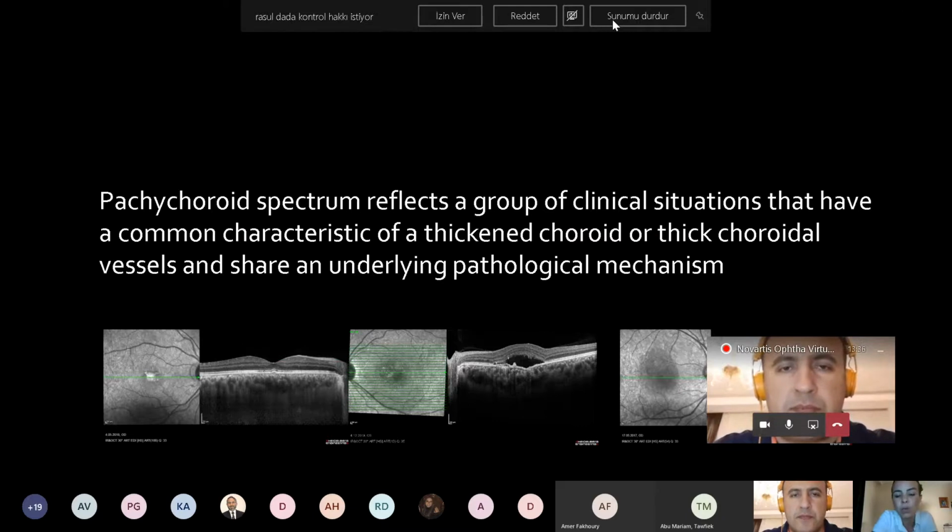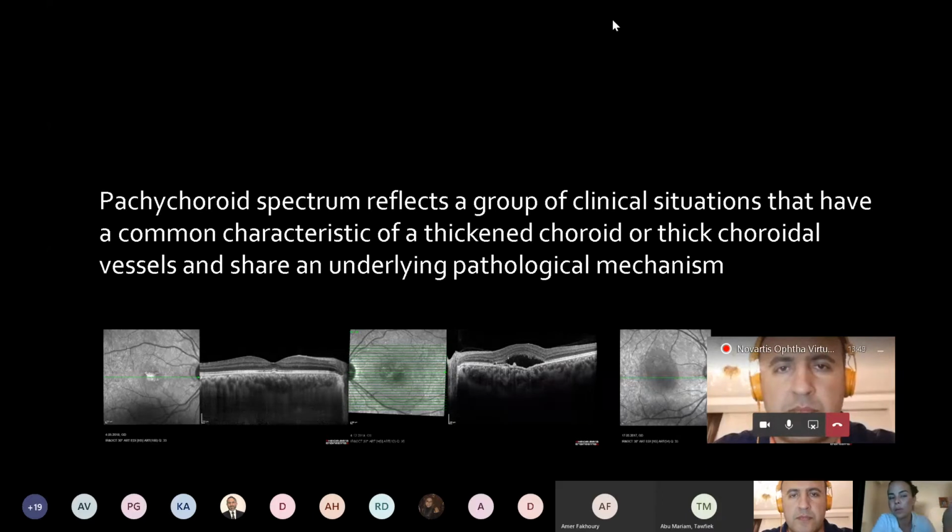After the initial report in 2003 about pachychoroid pigment epitheliopathy and the 2015 pachychoroid neovasculopathy, the worldwide interest in this disease seems to grow. And right now we have 156 articles listed on PubMed. I can say easily that this is a very hot topic in the medical retina area. Let's start with the definition of the disease.